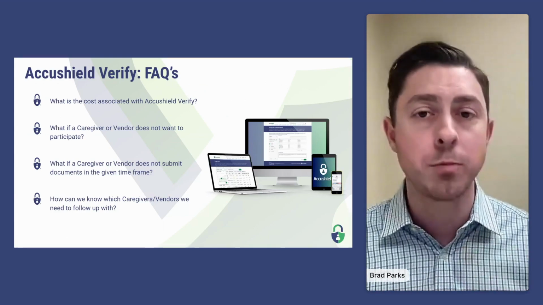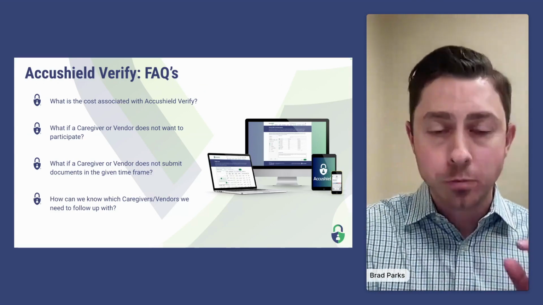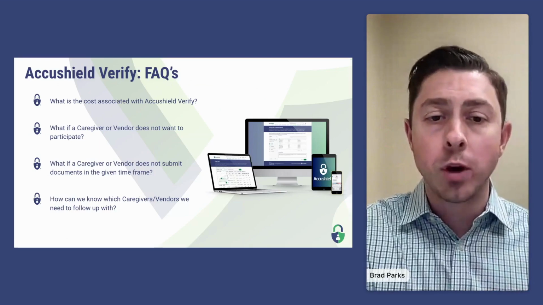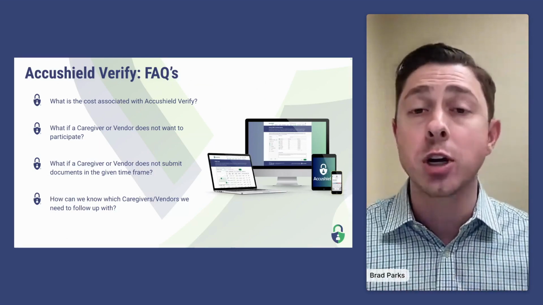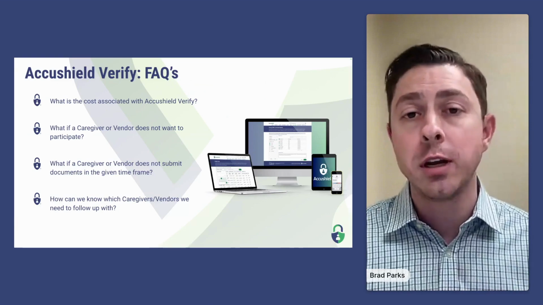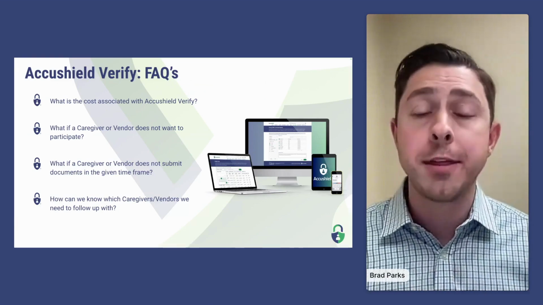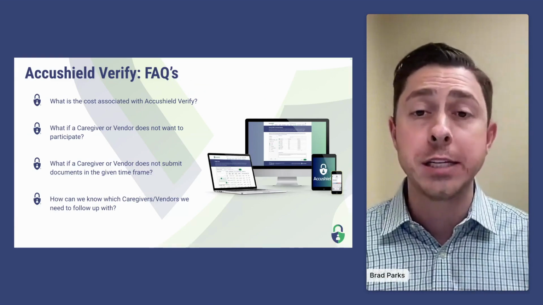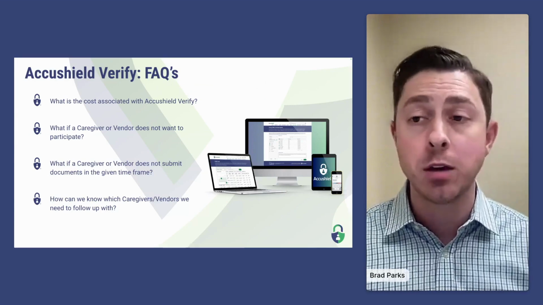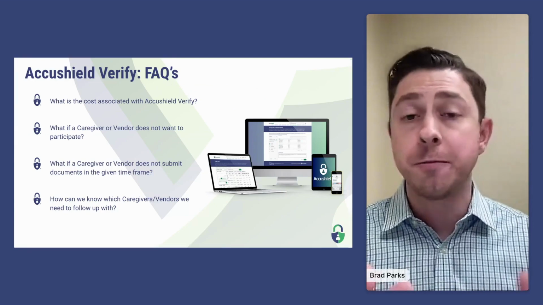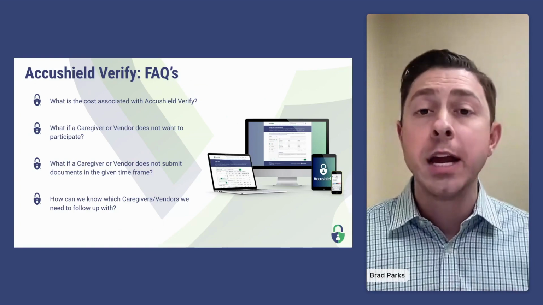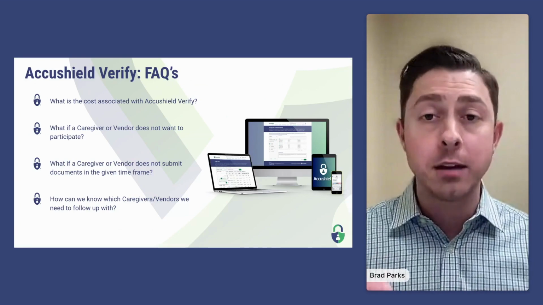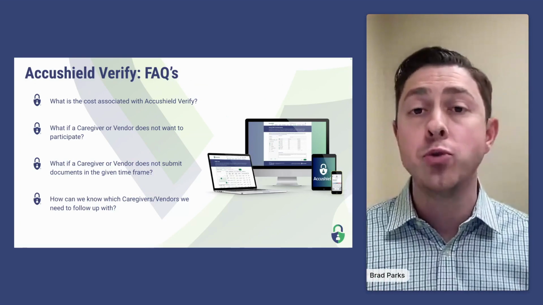So that compliance report is going to show you what different companies or agencies are coming into your community, how often they've been there in the month, and what percentage of compliance they have. So if they've submitted 1 document or 2 documents, or let's say they're 50% of the way there, 75% of the way there, 90% of the way there, and you can see who is meeting that compliance, who is not, and who you can reach out to